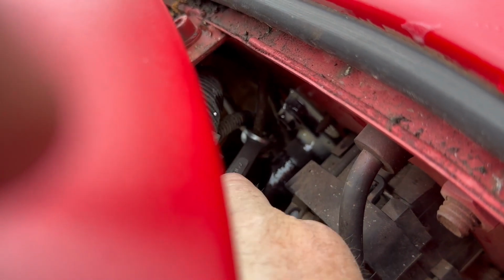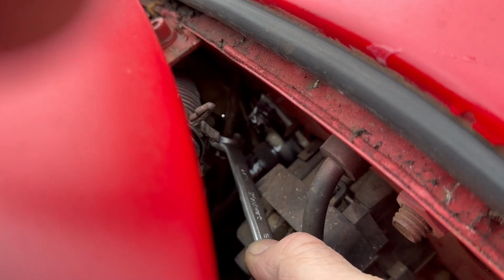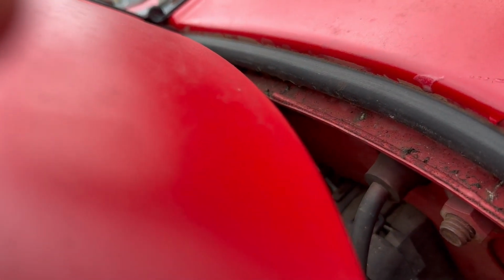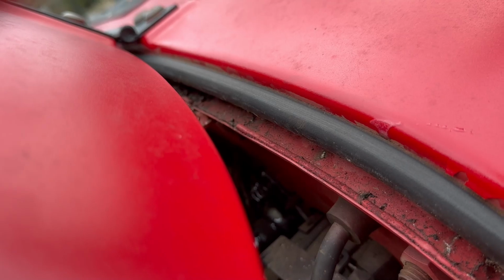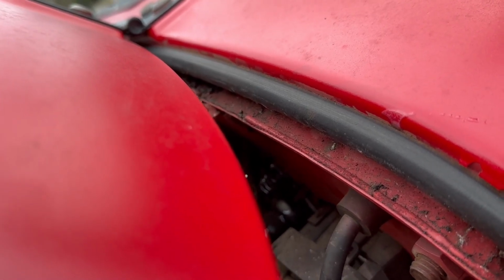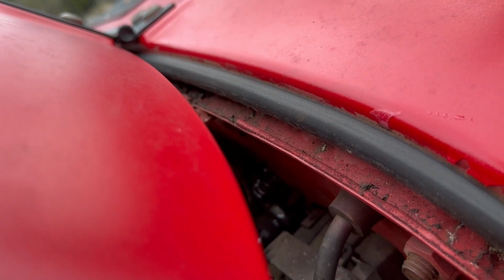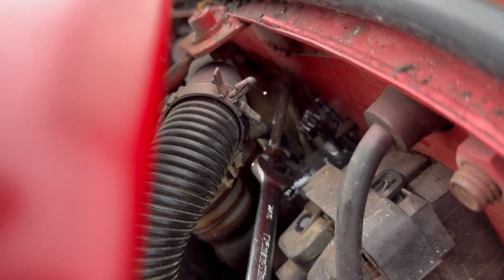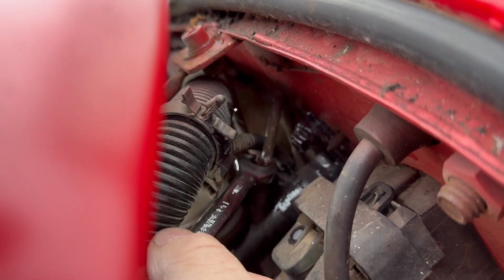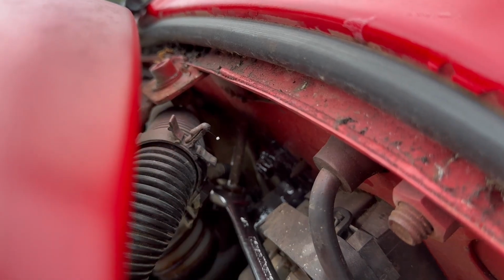The stars have to align just right for this wrench to be on there, because I don't have a lot of room. Oop, it turned pretty easy. Now that it's broken loose, this open end will be easier to deal with. And I want to get this line free before I take the main bolts out, because it's really holding the cylinder in place for me. Hoping that you can actually see what I'm doing. I'm not sure though, because I can barely see what I'm doing. Okay,